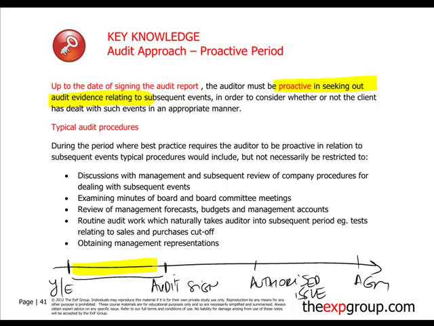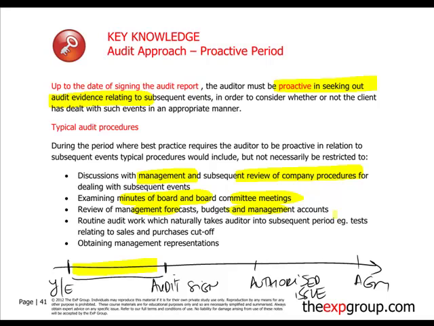There are some typical audit procedures that would be required to be performed at this level. For example, during the period, they should discuss with management and they should perform subsequent review of the company's procedures for dealing with subsequent events. They should examine minutes of board and work committee meetings. They should review management forecasts, budgets, and management accounts to see whether they have foreseen something for the next period